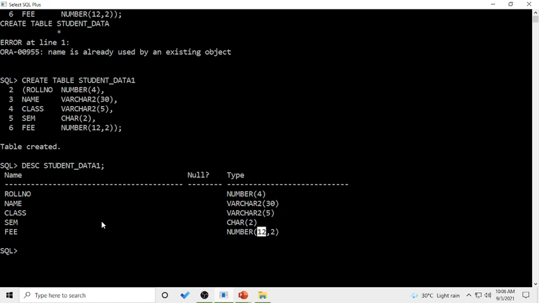So this is all about how to create a table. Very, very simple. It is up to your requirements how you plan to create a table for which type of data. Like in this case, I have taken a student record, and this is a very, very simple table. You can enhance it by adding some more columns into it, right?